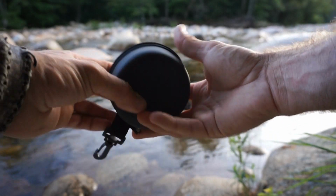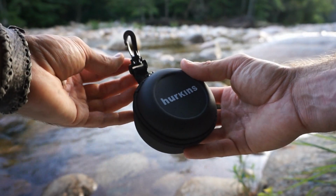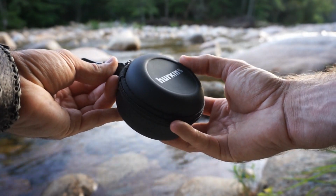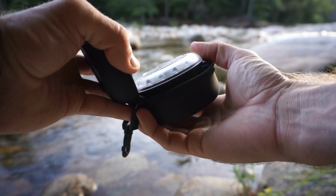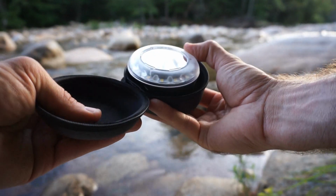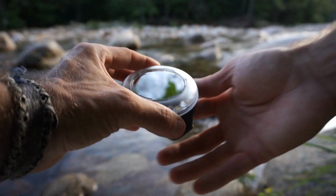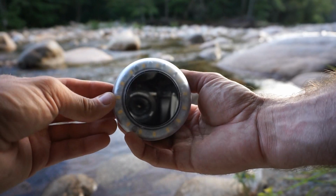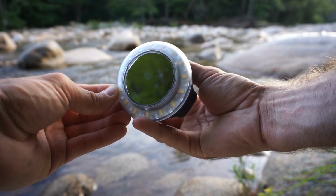Now it's very well padded. It's actually a beautiful case. Now, do you need a case for a lantern? Hard to say, but let's get this open so you can take a look. So as we open this up, on the inside here, you will see the lantern. Now this is quite an interesting design. This has a complete ring of LEDs all the way around it, and as we turn to the camera,